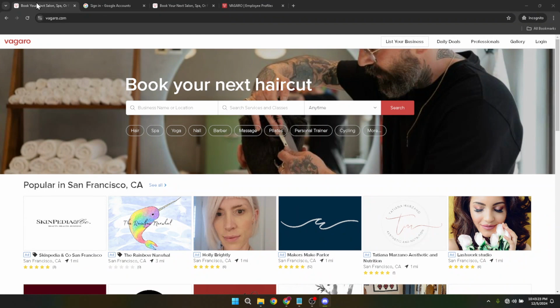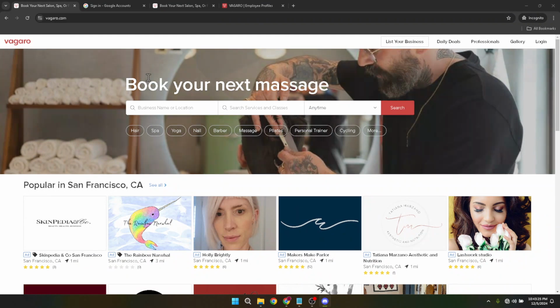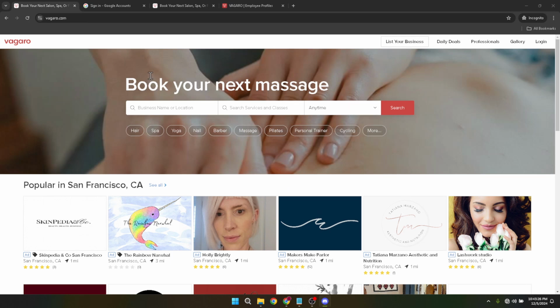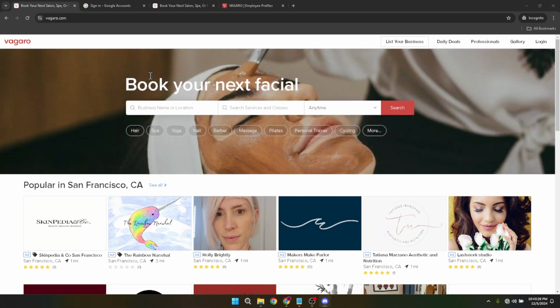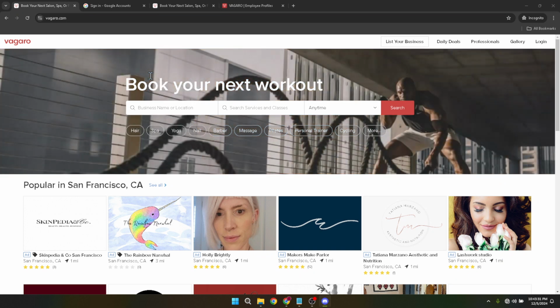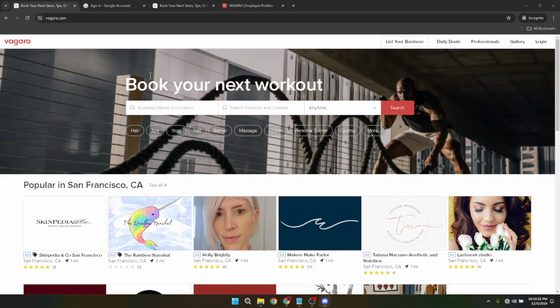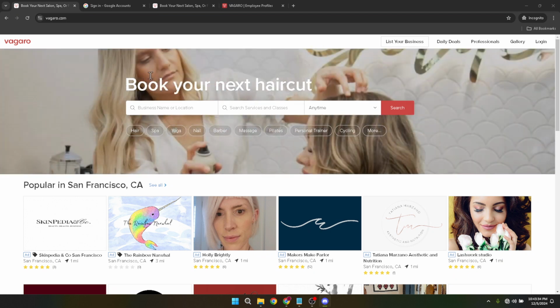In the ever-evolving world of business, flexibility is key, and for those of you using Vagaro, a platform beloved by salons, spas, and fitness centers alike, maintaining up-to-date payment information is crucial for seamless operations. Perhaps you've recently switched banks or simply want to update your billing details. Whatever the reason, changing your bank account on Vagaro is a straightforward task. And today I'm here to guide you through each step, ensuring a smooth transition.